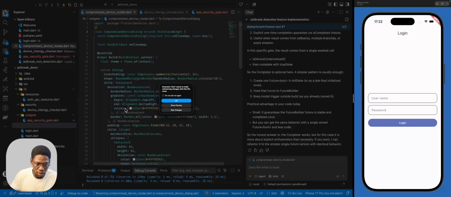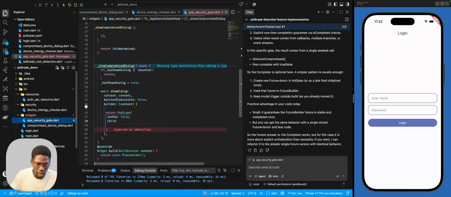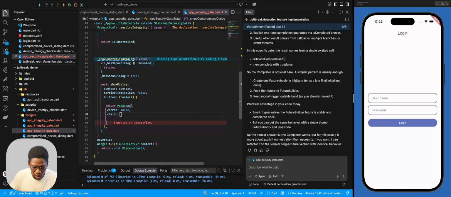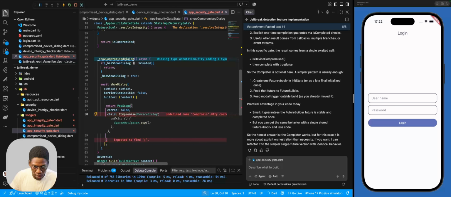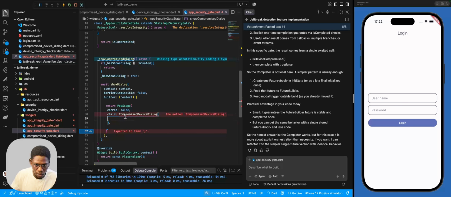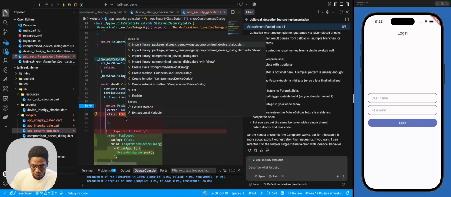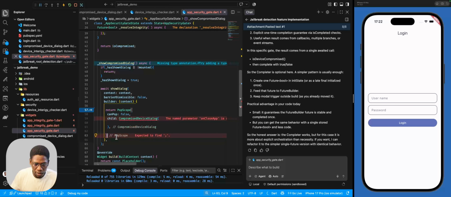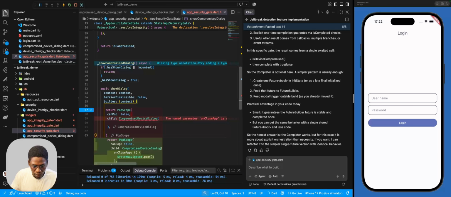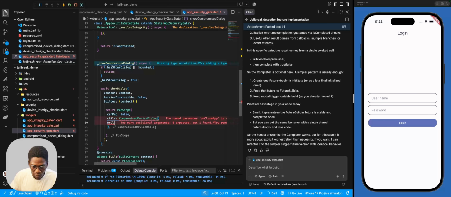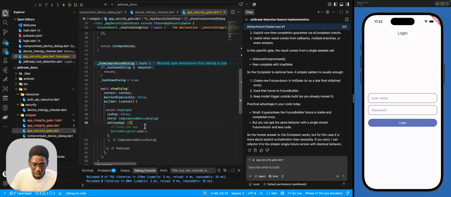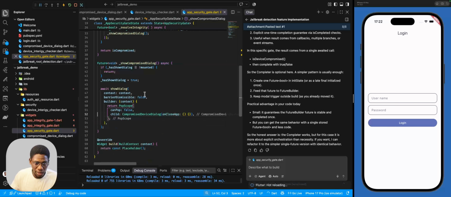So let me just remove this off. Then let me import the file, and then on close app, this dialog was generated by an AI tool anyway, so I don't know why it's added on close app there,